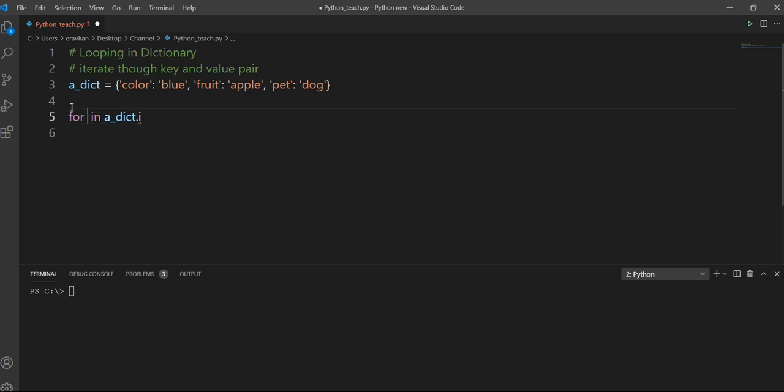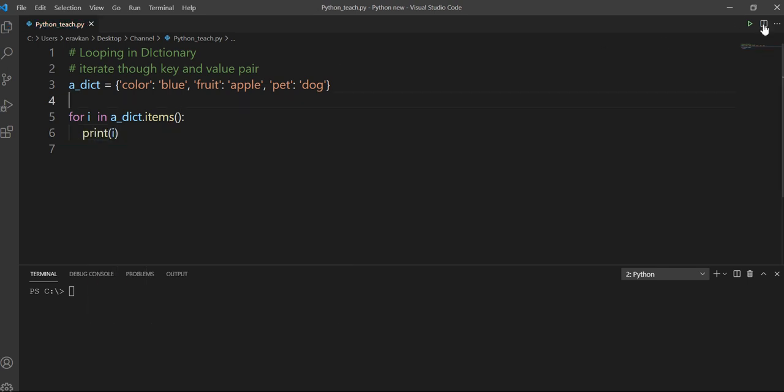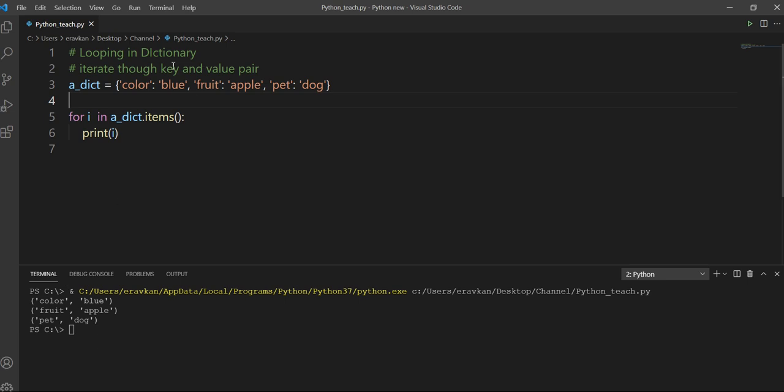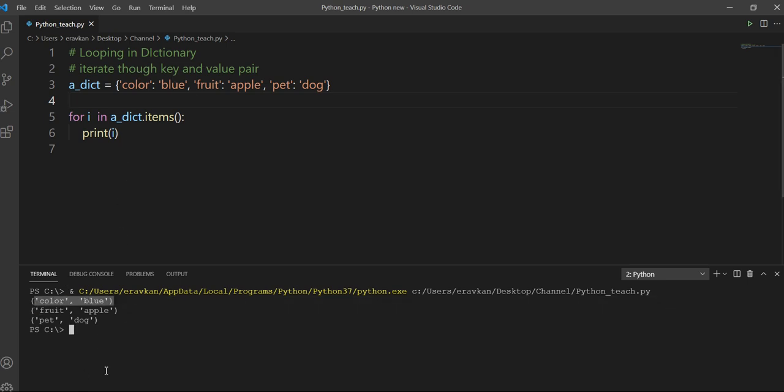Like I take for i in items, print i. If I do like this, you can see I'm getting tuples, key value pairs, like color blue. So I can loop like this for key, value in dictionary.items.